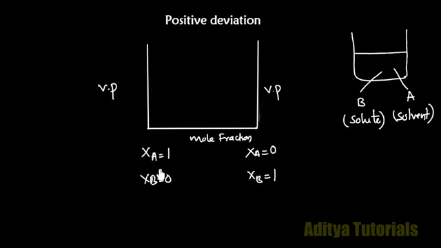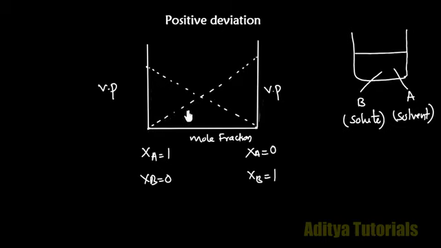Okay, so now we consider only A. See, if it is an ideal solution, when the mole fraction of A is 0, the vapor pressure of A is also 0, and therefore the point is here. As the mole fraction of A goes on increasing up to 1, the vapor pressure also increases along this line and reaches the maximum. And we observe a similar thing for B, solute B. So assume that here the B mole fraction is 0 and the vapor pressure of B is also 0. But as the mole fraction goes on increasing and becomes maximum at 1, the vapor pressure also increases.